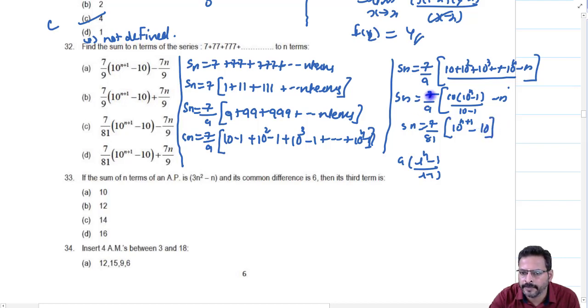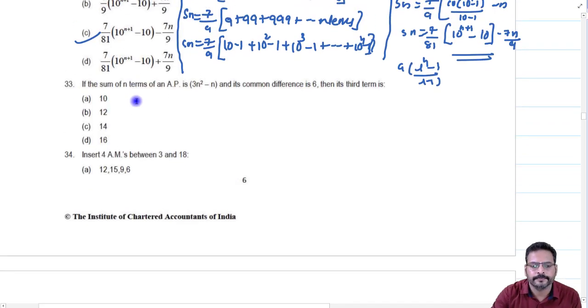Then if you multiply 7 by 9 with minus n, minus 7n divided by 9. So therefore the answer will be 7 by 81 into 10 raised to n plus 1 minus 10 minus 7n divided by 9. Okay. So the next question, sum of n terms of AP, 3n square minus n, and common